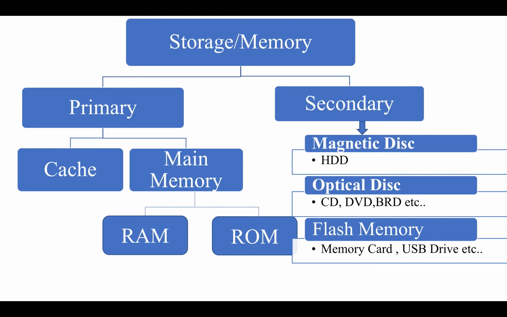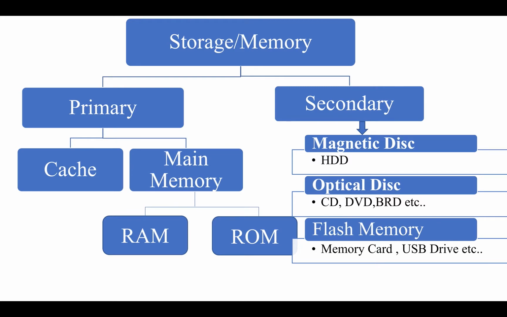Students, let's continue computer storage or computer memory. You have learned about computer memory, primary memory and secondary memory in the previous class. In the previous week, you have learned about primary memory, its classification completely and briefly. In the previous class, you learned about secondary memory. You learned about its first type, that is magnetic disk, which includes hard disk drive. Today your learning objectives are CD, DVD, Blu-ray disc, etc.